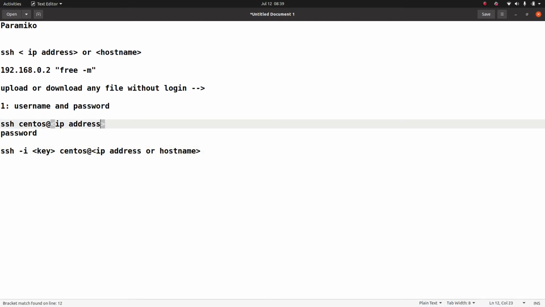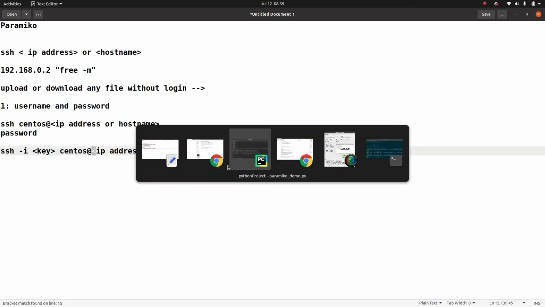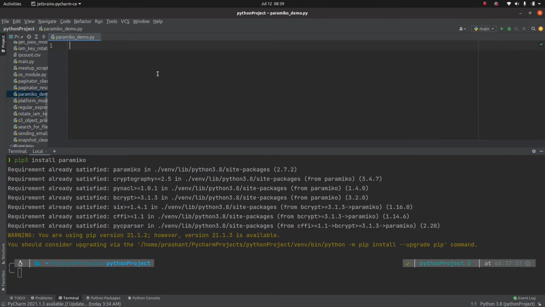Similarly, above I can pass the IP address or host name. Okay, so in this video we are going to explore both of these options by connecting to the remote machine using the IP address, with the password as well as the key. Okay, so let's go to my PyCharm console and start coding it.